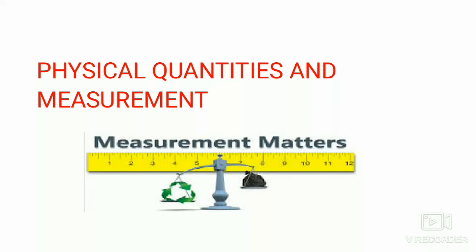To find the distance from your house to your school, or to find out how much cloth is required to make a dress, you need to measure the length. When we buy items such as fruits, vegetables, salt, sugar or wheat, the shopkeeper measures the quantity. This involves the measurement of mass. The amount of petrol required to be filled in a car, or the amount of milk required at home, involves the process of measurement of volume. From the above examples, we see that measurements of different quantities are required in our day-to-day activities.